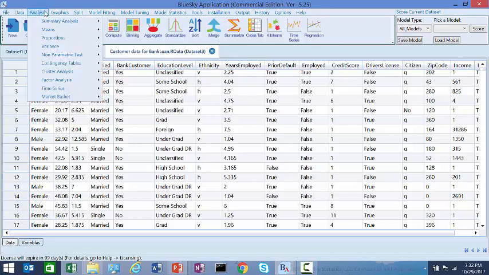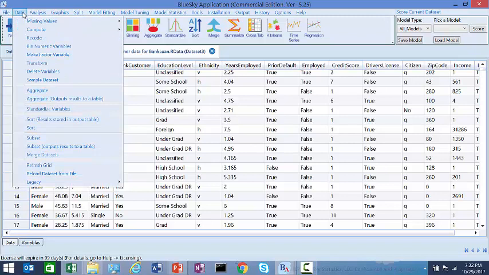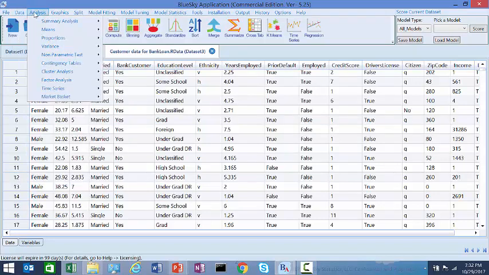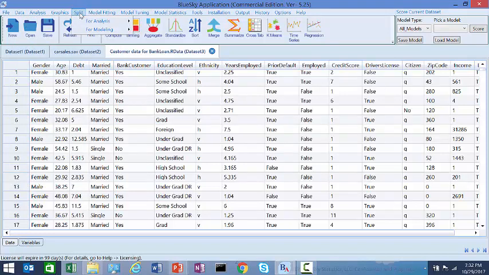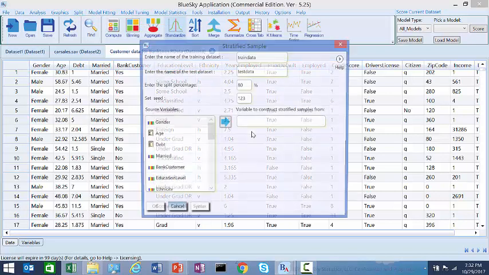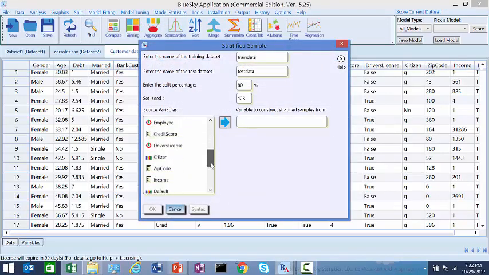So let me go ahead now. Again, typically before you build your model, you split your data set. So let me go ahead and split my data set. So I'll go under split, and I'll say split for modeling, and I'll do a stratified sample. And what I will do is I will stratify my sample by default, so I can make sure that in